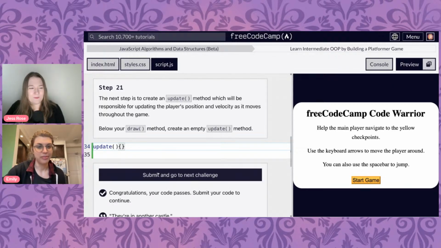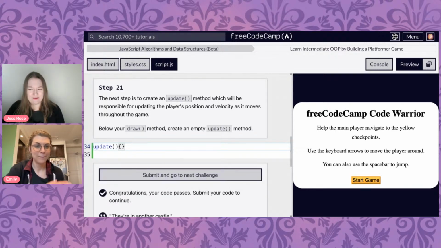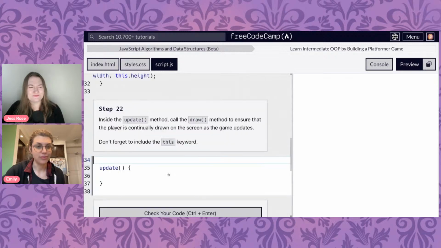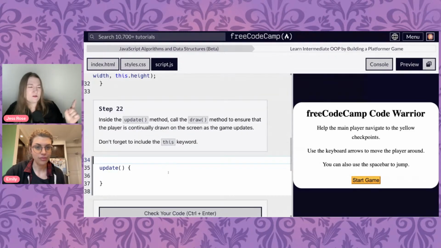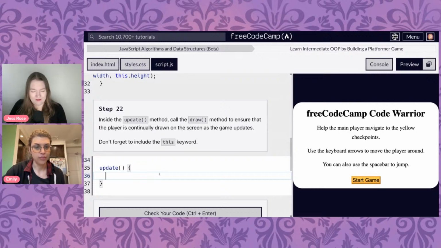Okay. Inside the update method, call the draw method. This dot draw. And in order to call it,